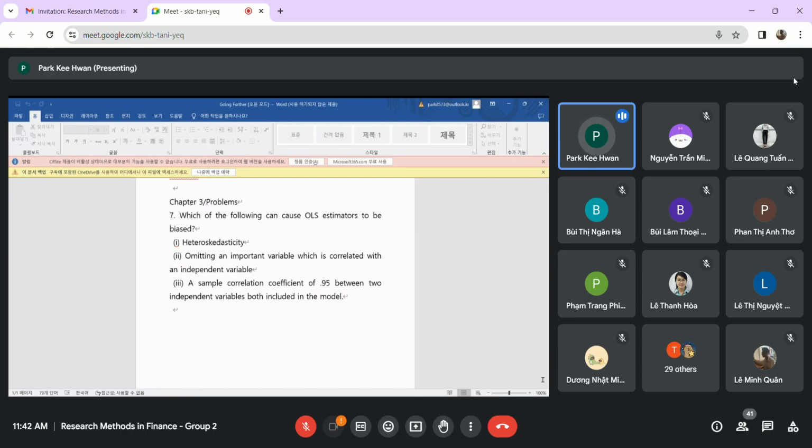Okay, think about this problem. Let me go over the problem for you. Which of the following can cause the OLS estimator to be biased? Okay, first one,